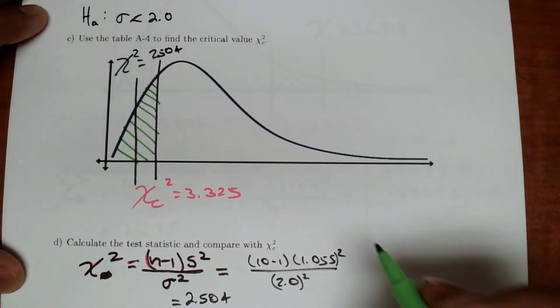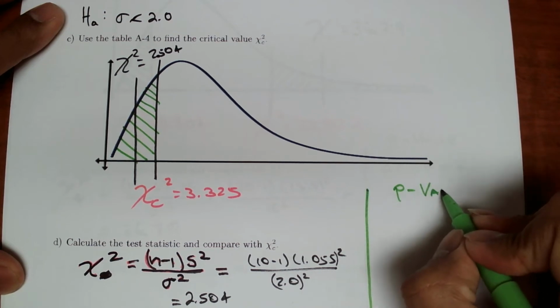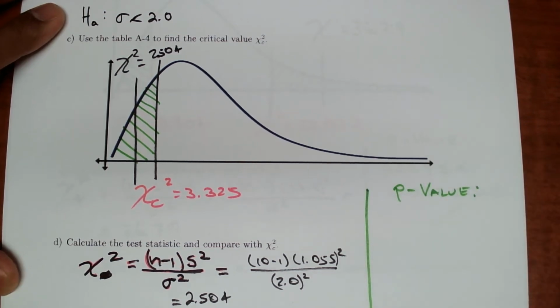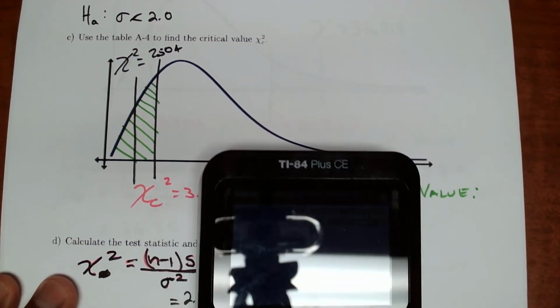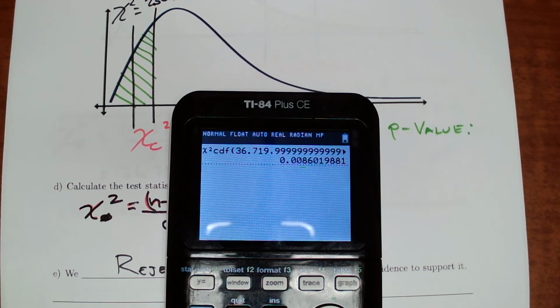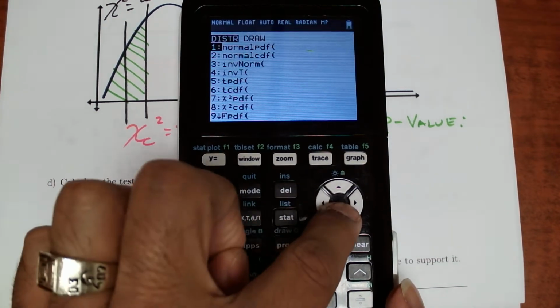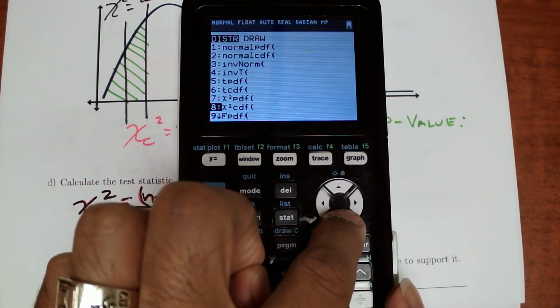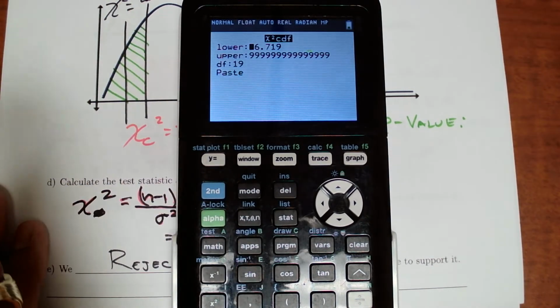Now, how do we do that using the p-value? For the p-value, we're going to do the same thing, right? But no, there's something you need to be very careful of. So in this case, let me clear all this. Let me go to 2nd VARS. Let me scroll down to chi-square CDF. And in this case, since we are going for the left side,